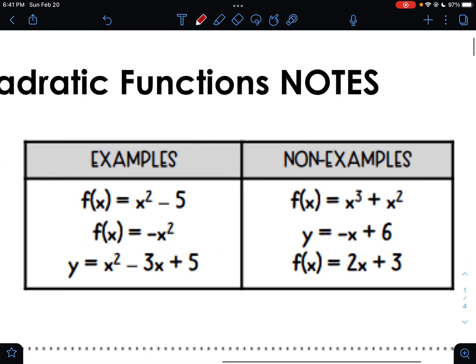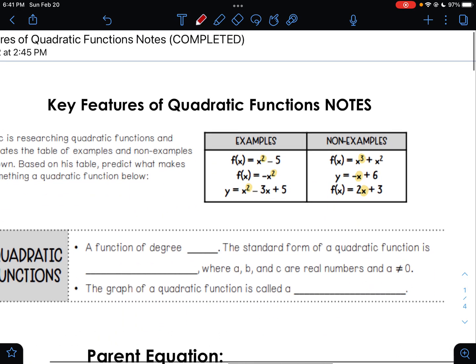So we have these examples right here, our examples and then our non-examples. Notice the examples that are quadratic functions, the highest exponent they have is an exponent of 2, or a degree of 2. Whereas the non-examples have either a degree that's higher, like 3, or something that is lower, like 1. So quadratic functions have a degree of 2. So a function of degree 2